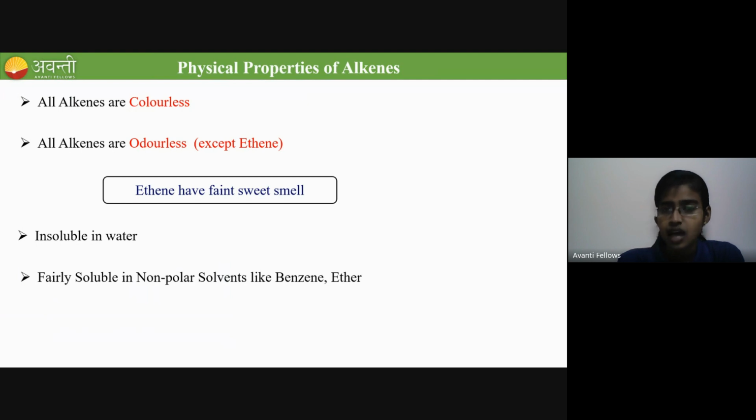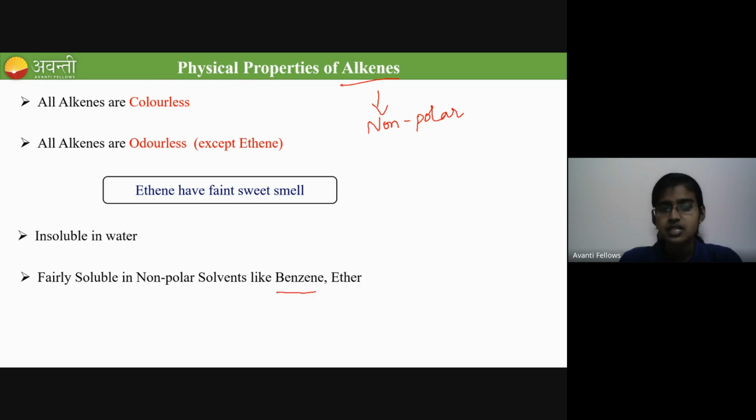Since all the hydrocarbons are non-polar in nature, non-polar compounds will dissolve only in non-polar solvents, because like dissolves like: polar compounds dissolve in polar solvents and non-polar compounds dissolve in non-polar solvents. Alkene is also a non-polar compound, so it dissolves only in non-polar solvents like